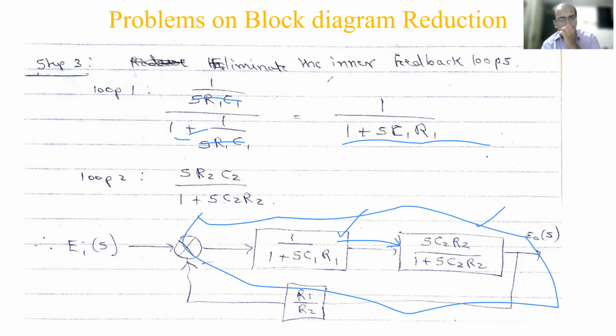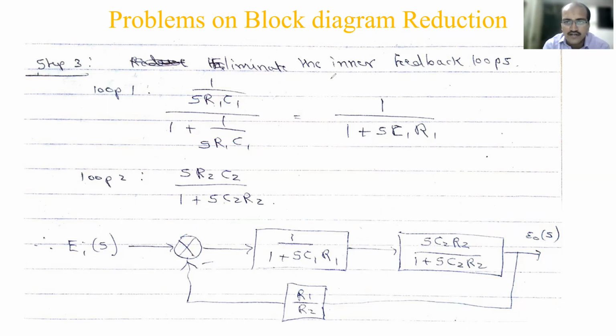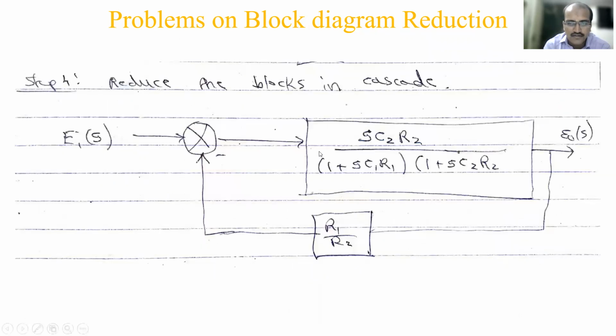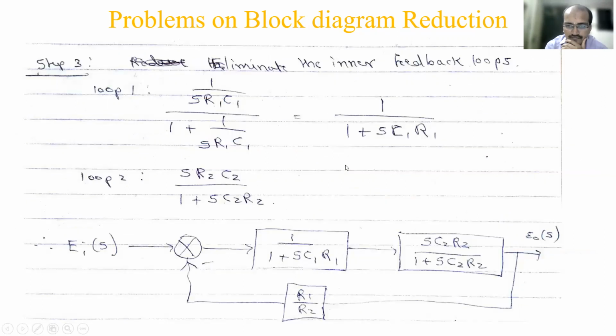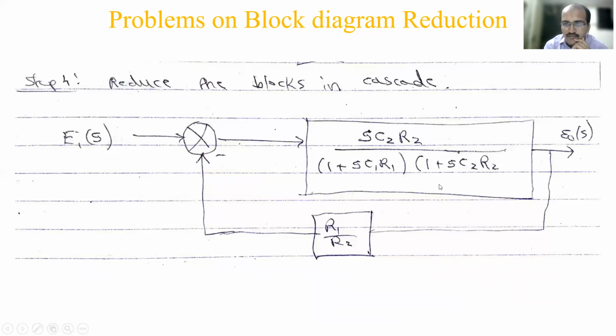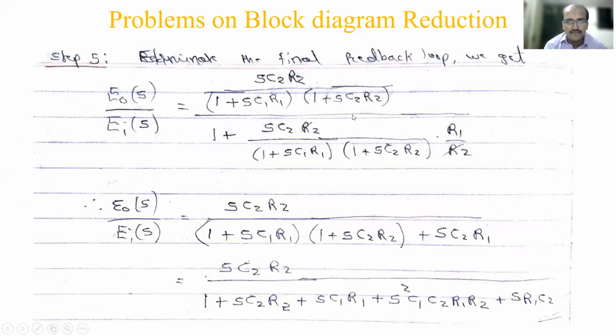Sometimes we try to club many steps, two steps in one, because every time you have to draw the block diagram, it will take time. But very important steps we have to show. So here we have multiplied this, SC2 R2. In the denominator you have 1 plus SC1 R1, 1 plus SC2 R2. One bracket is missing here, so please put it over while writing notes. In the notes also it is the same way. So put the bracket, and R1 by R2. Now you have the final feedback loop, so we will consider that and the final answer will come.